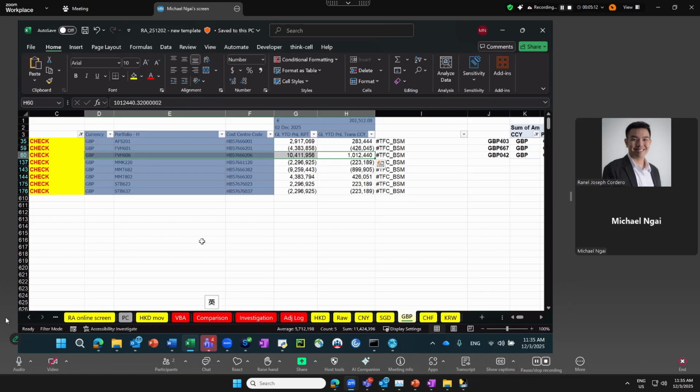Okay. So today we also need to tell the traders to leave long 1 million British pound. We can hedge whatever amount, but we need to leave positive 1 million British pound on RA, so that tomorrow when the adjustment impacts RA, it will cancel out the 1 million that we leave long today.